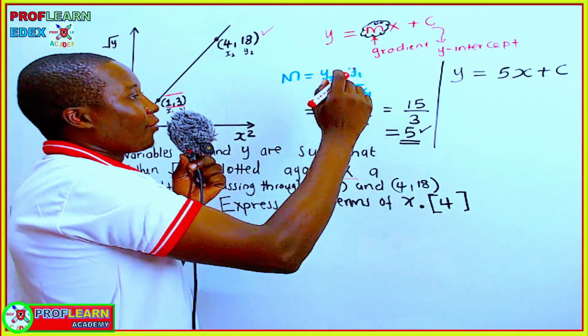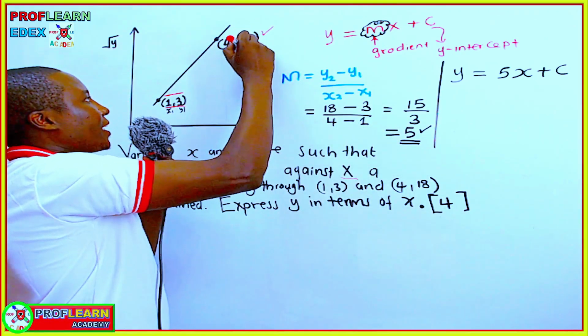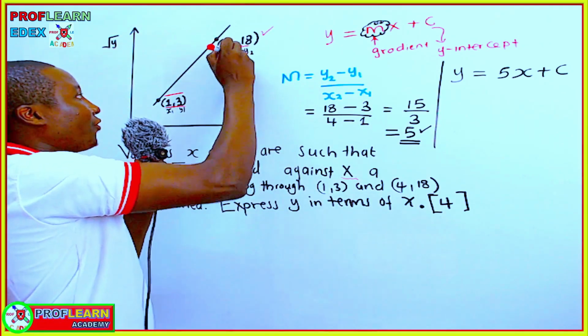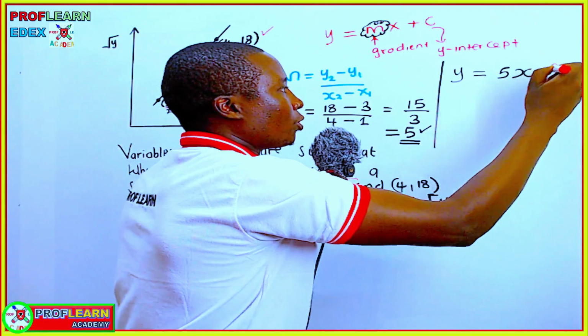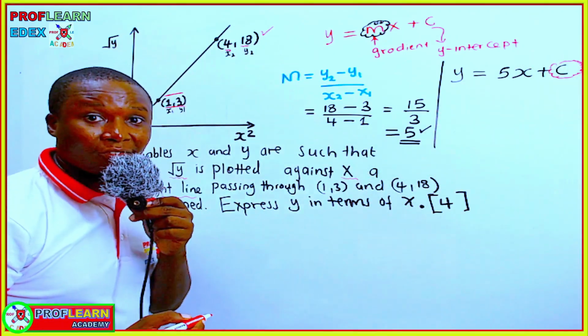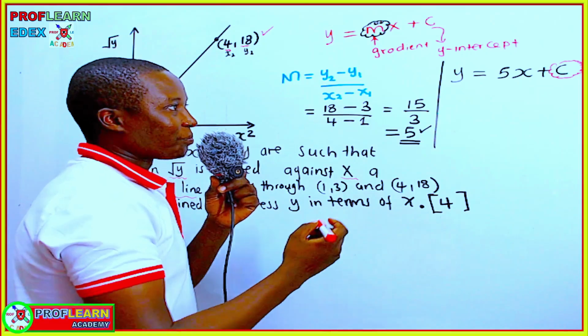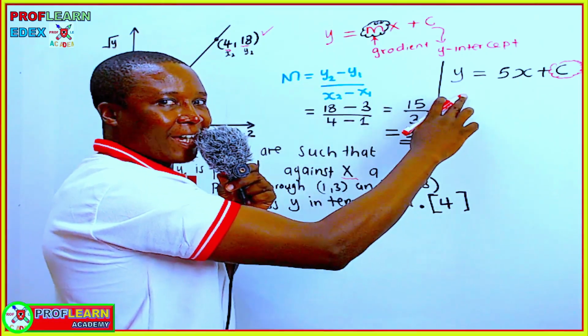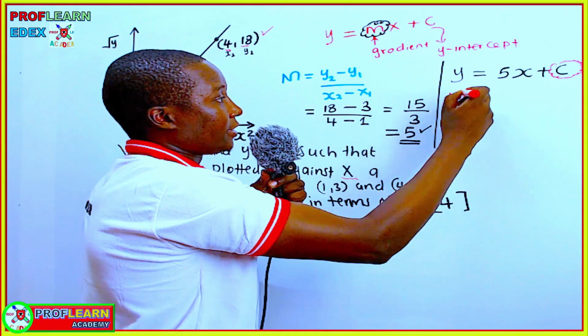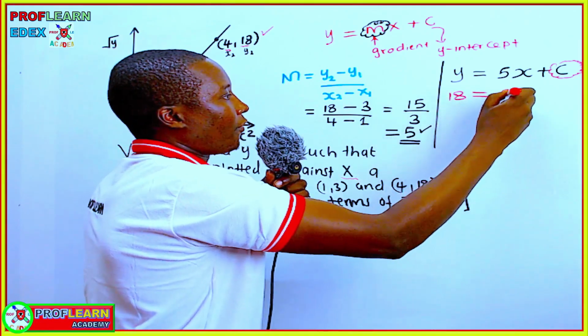Where we have y, we write 18, and where we have x, we write 4, so that we are able to find the value of c. What's our y? Our y is 18, so we write 18 equals 5